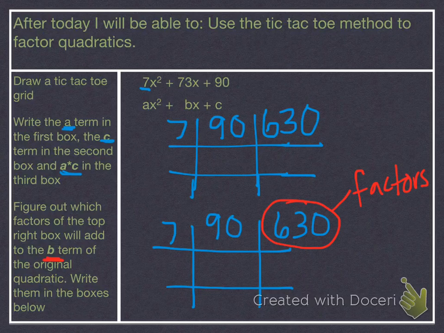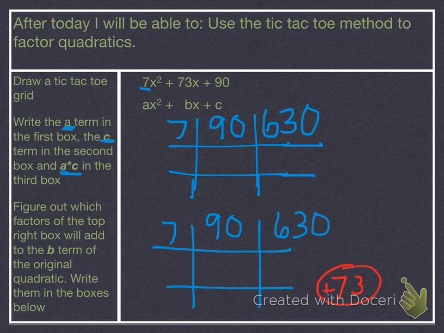So I have to pick two numbers that will multiply to 630, but then they have to add up to, in this case, 73. So what I'm going to do, just so that I remember, is erase all this really quick. Out here I'm going to say